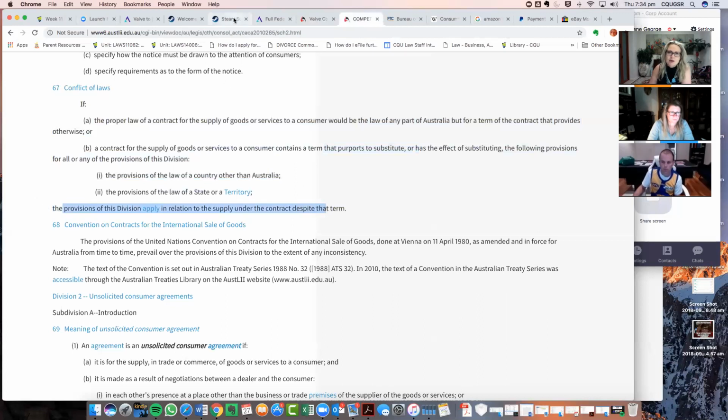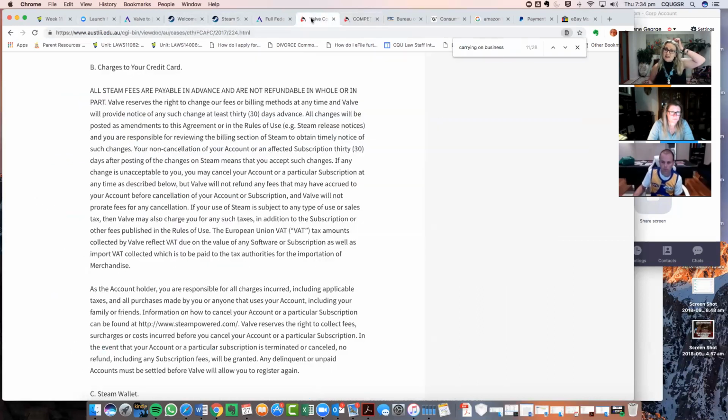And they go through in the Valve case, they pick that apart. This was really the main, this only got handed down last December, so it's pretty recent. And I think it was the first time that 67 had really been picked apart by a federal appellate court, because when Justin wrote his article in 2013, Section 67 hadn't been tested yet.